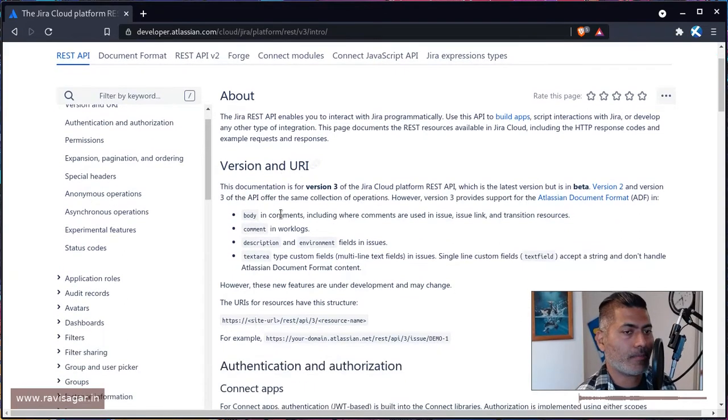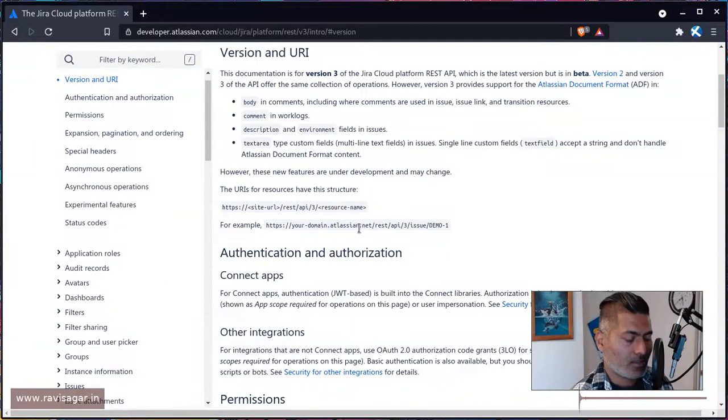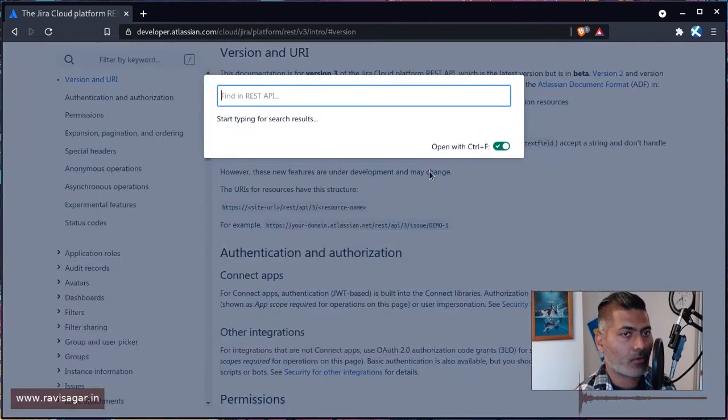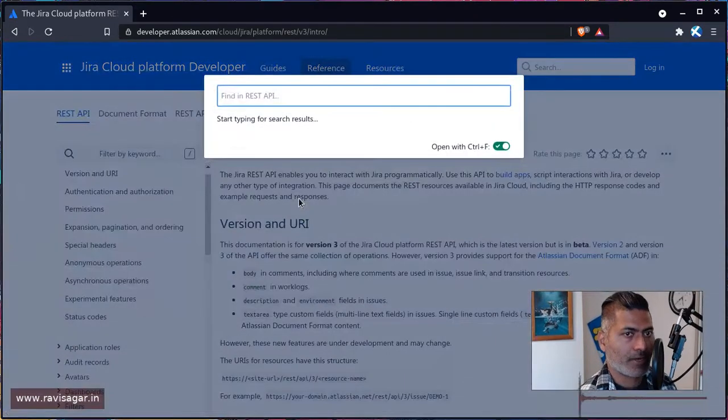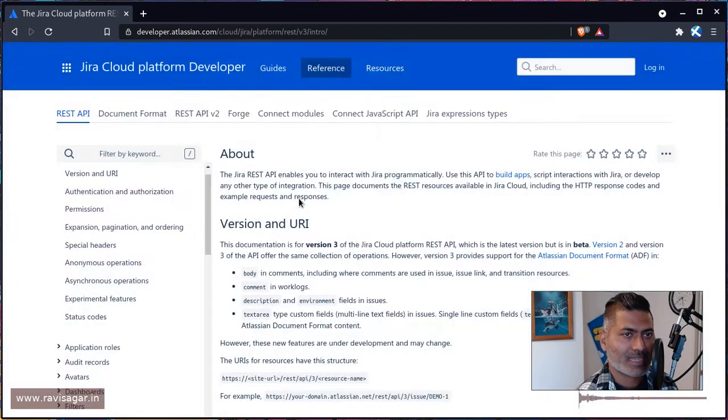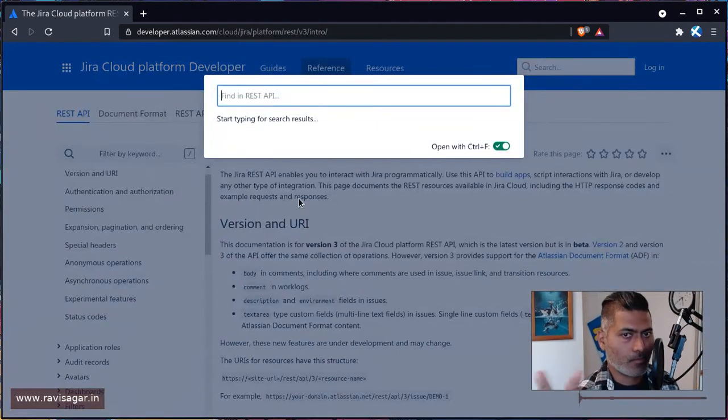Now, talking about the possibilities, the simplest thing that you can do is Control F on this page. If you press Control F, it will open this pop-up. Or you can also press the / and it will bring up this box here.